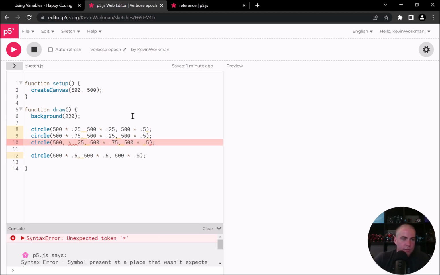So I'm going to read through this and I'll say, okay, I'm calling the circle function by typing out the name circle, and that's spelled right. So that looks right so far. Then I have an opening parenthesis that looks right, and then a number, and then a comma, which is right. But then I have a multiplication symbol. So I'm saying 500 as the first parameter, comma, then times 0.25, which doesn't make a lot of sense because